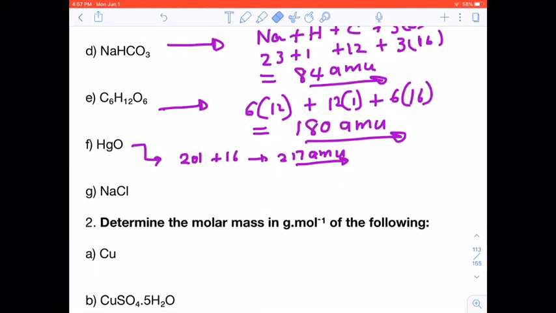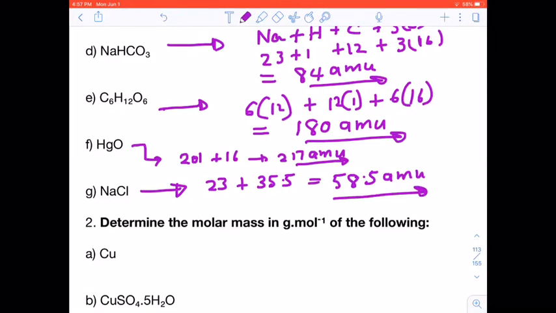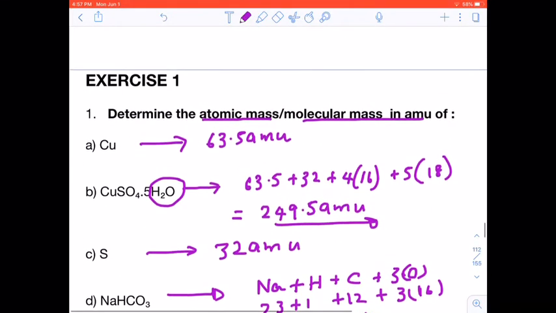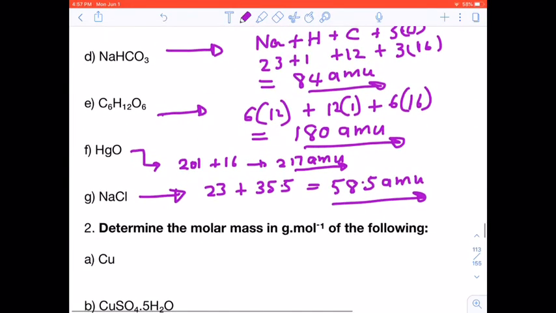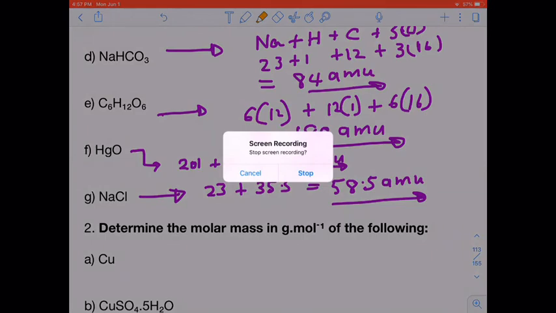Now if we look at sodium chloride, we know sodium chloride, okay? Sodium chloride is 23, and I showed you chlorine is 35.5, and which is then expressed in AMUs, it will be 58.5 AMU. So these are all masses given in AMUs, right? But now let's see. Now we want to express it